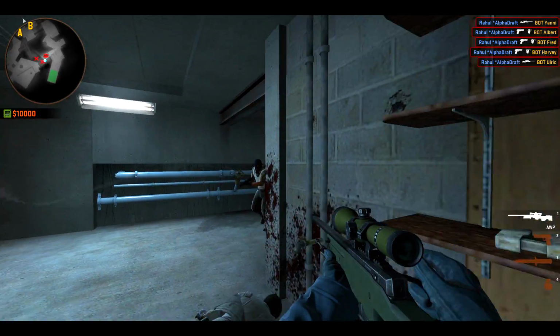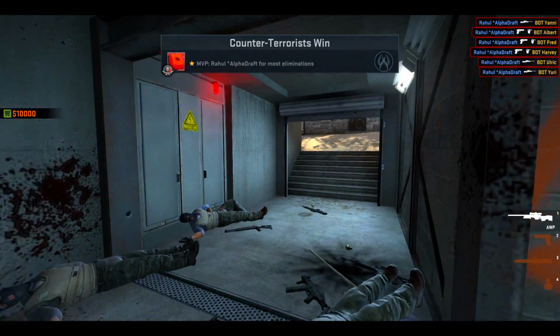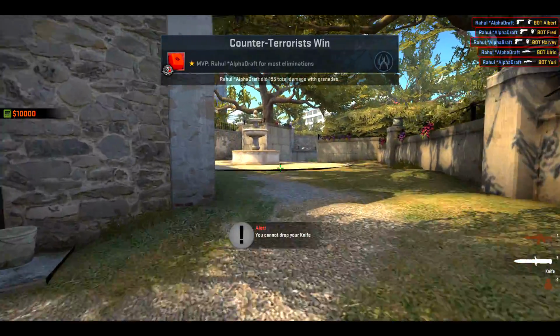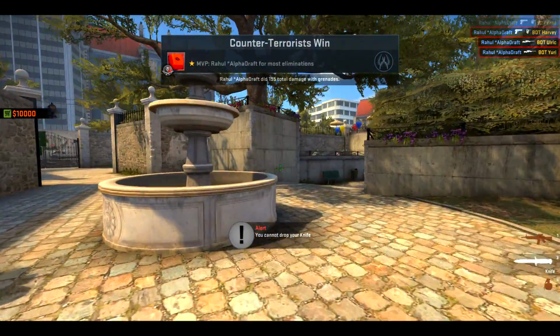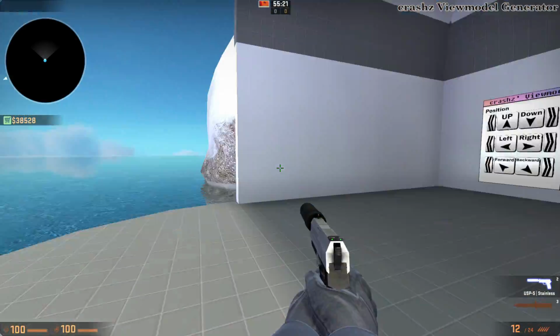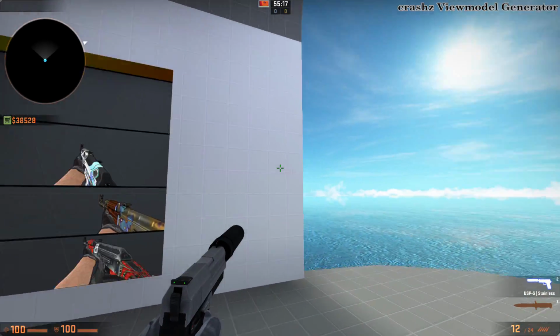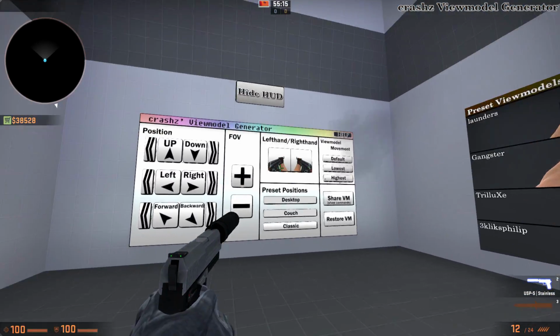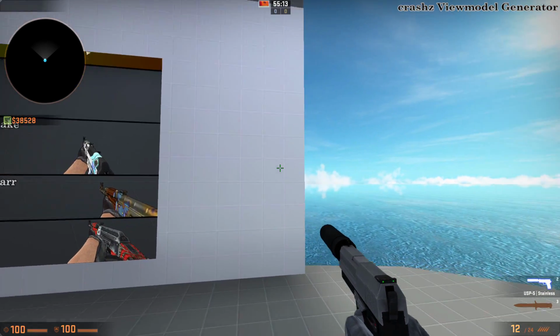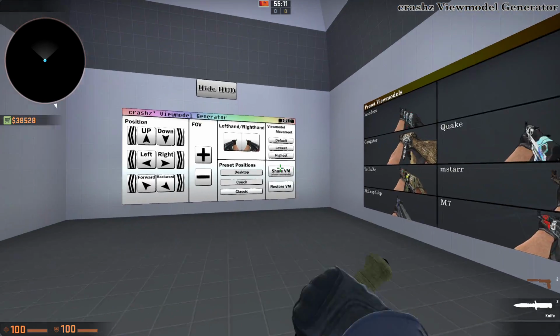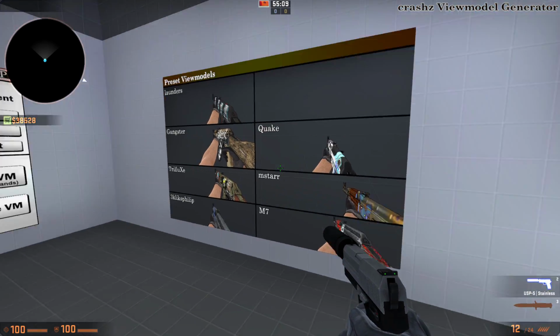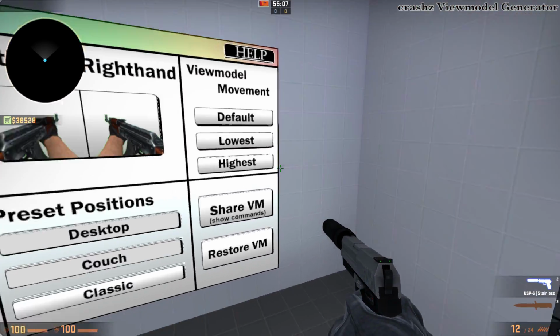So to start off, you want to be making your normal config, and in here what we're going to be using is just our normal view model settings. So you want to probably go on to a view model changer map, and then just make sure you've got your view model set up all correctly. You can maybe change it about a bit, try out a new view model, and then you just want to get the values of each of the different entities, and copy them all